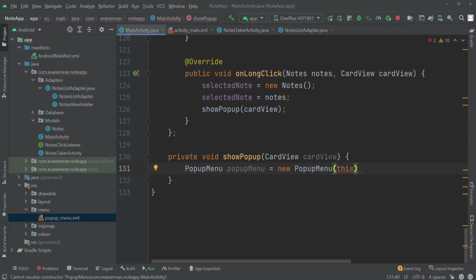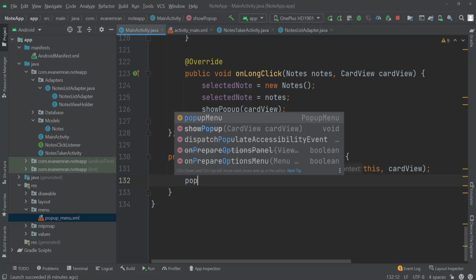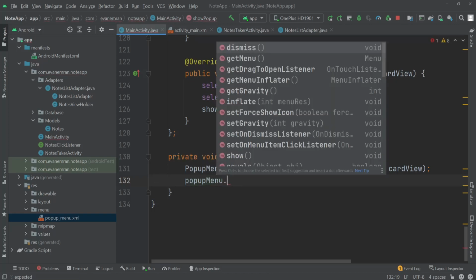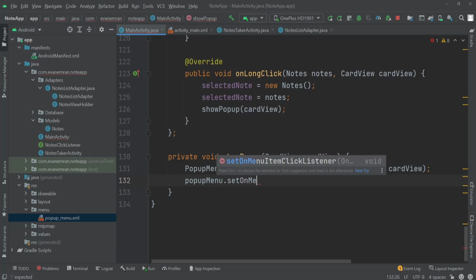So I'll pass this card view here. All right,